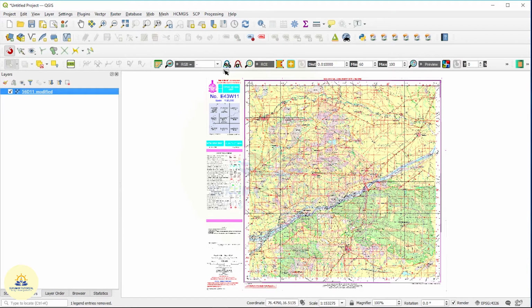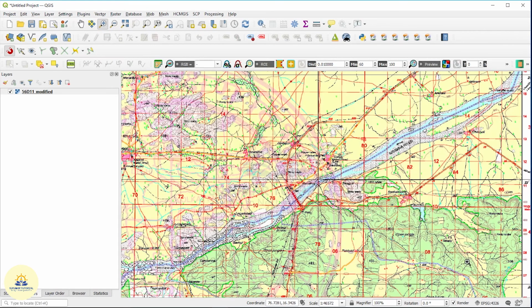What are the different types of features there? So I am zooming this. See, I got some line features, that is power lines, roads, streams, all these things can be shown by line. So now in this example I am going to digitize a road. This is a road. I am going to create a road layer. Either you can classify the roads or you can just digitize it. Later you can classify it.